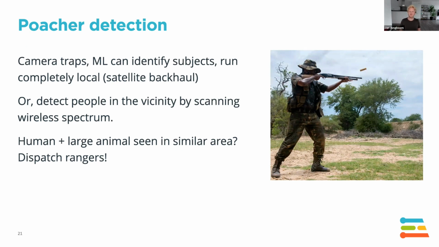Okay, so there's a couple of reasons why this is cool. One, the technology is insanely cool. How cool is it that we can have a battery-powered camera with an ML algorithm that can detect wild game, and that can detect poachers or humans in the vicinity? And more importantly, how cool is it that we can run all of that on the device itself, right? This is killer. If you're deploying something in the savannah, there's probably not going to be great 5G coverage. And even if it's there and you want to stream a video over it, you're going to run out of battery in a couple of hours.